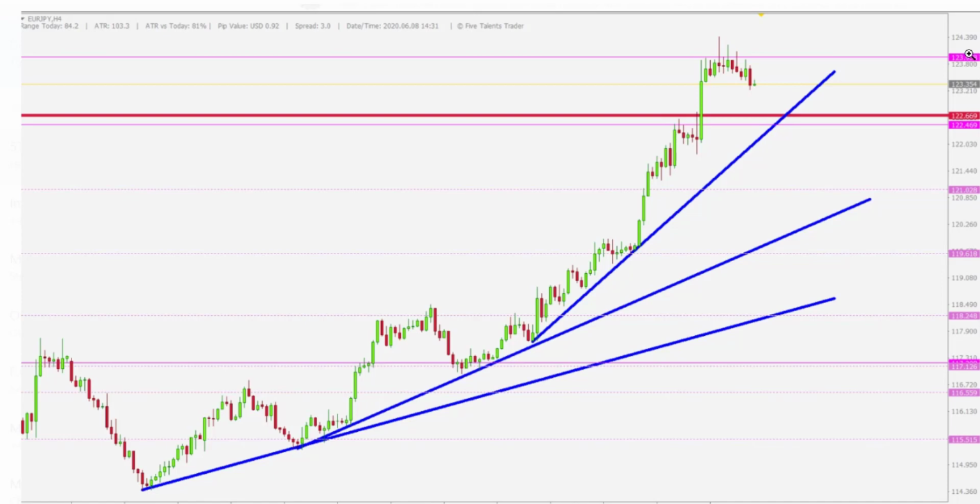And rightly so, Tommy is waiting for price to hit this level here, and then he'll start to look for a buy opportunity which he can profit from. That's awesome. However, I also like what Herbert was talking about. There could be some short-term